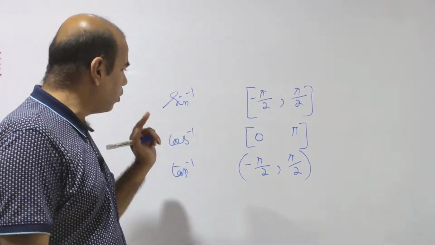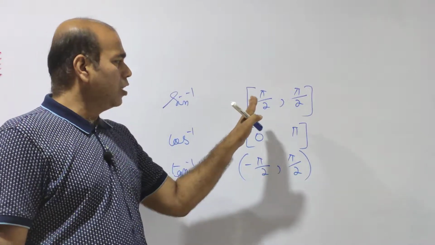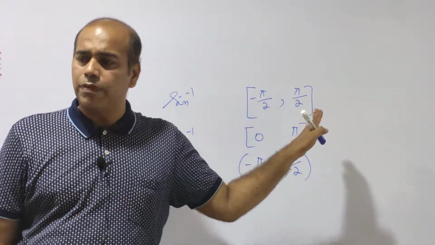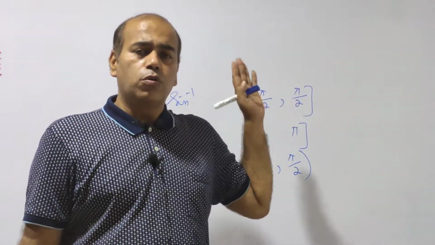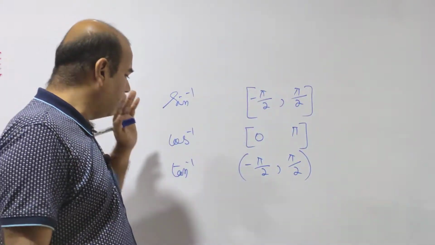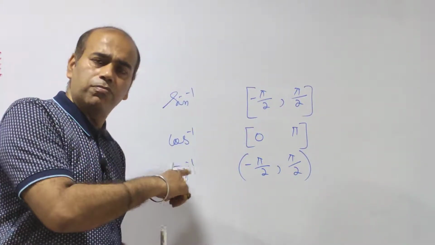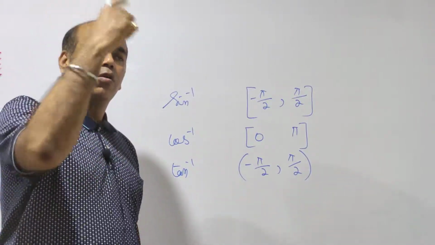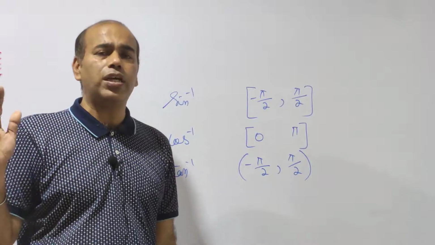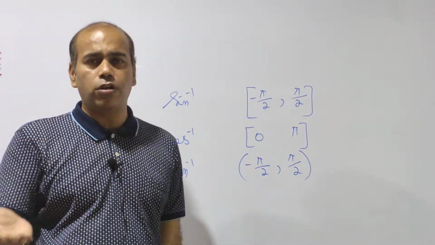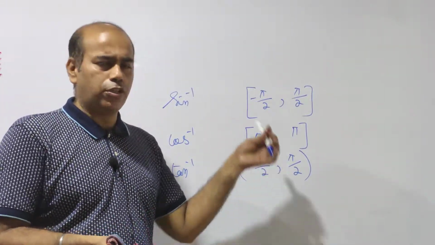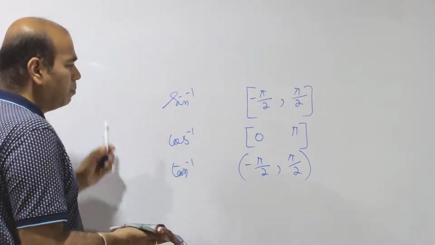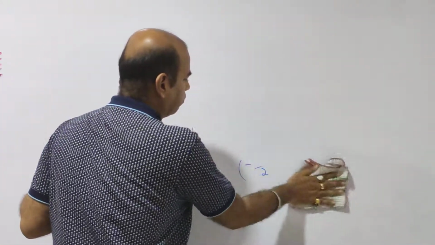Same way, if I go for cosec inverse, sec inverse and cot inverse, only one difference will be there. Sine is possible between minus pi by 2 to pi by 2, so what happens with cosec inverse, sec inverse and cot inverse? Apart from this, where it is becoming undefined, where sine is becoming 0, cosec will become undefined, that part has to be removed. So that you will find in your books. I suppose that you can write it. So these are the basic points that I already explained to you.